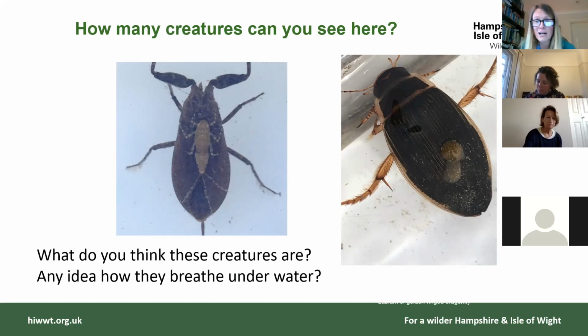Whereas those mayfly nymphs, for example, that have the gills, they need very well oxygenated, clean water to breathe. So you will find them in lovely, clean, fast flowing water generally. And then on the right hand side, we've got this diving beetle. Now I think that could be a couple of leeches on its back actually, but they have an interesting way of breathing. A lot of the beetles, and including water boatmen, if you find them, if you look at them